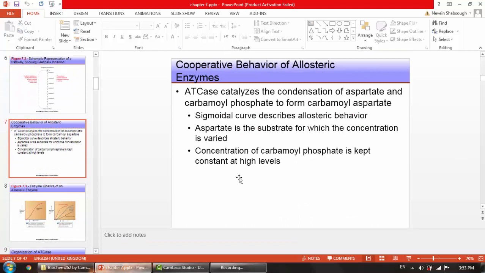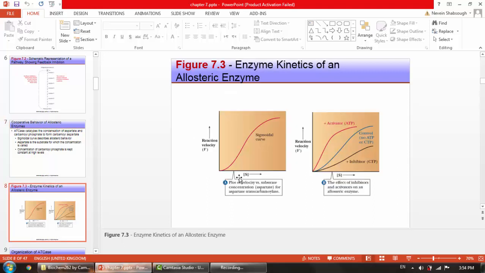Now, let's talk about the cooperative behavior of allosteric enzymes. As we saw, ATCase catalyzes the condensation of aspartate and carbamyl phosphate to form carbamyl aspartate. And we said a sigmoidal curve is produced for an allosteric enzyme. Aspartate is here the substrate for which its concentration is varied, and the concentration of the second substrate, carbamyl phosphate, is kept constant. How? At high levels, which means it is saturated. Now when we plot, this is the plot between velocity and substrate concentration, and you can see here the sigmoidal